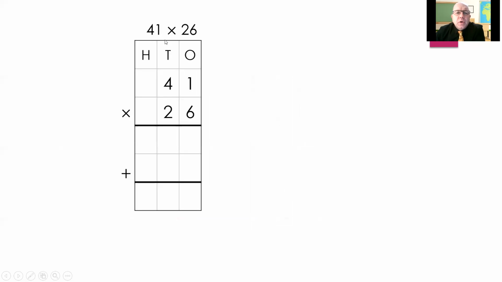Let's have a look at this one. 41 multiplied by 26. We're going to start with our ones. 6 times 1. Have a think. Maybe have a quick go at this one yourself. Okay. So 6 times 1 is 6. Then 6 times 40. Remember, we're in the tens column now. So 6 times 40